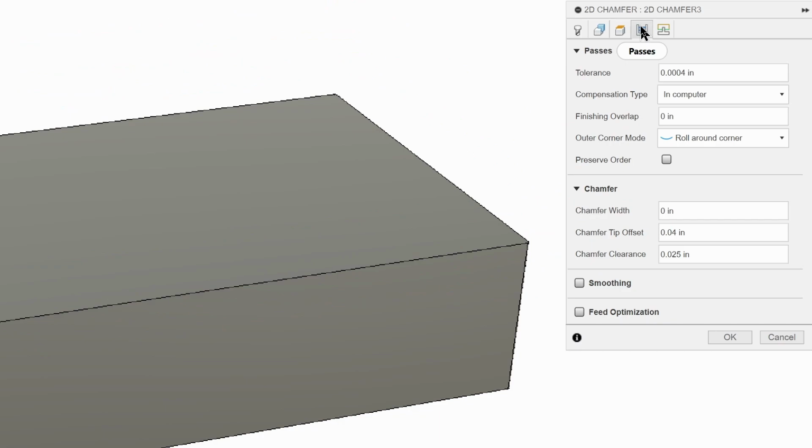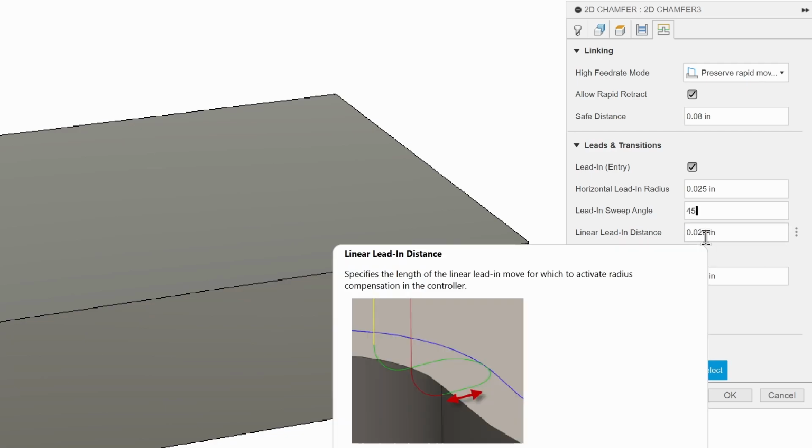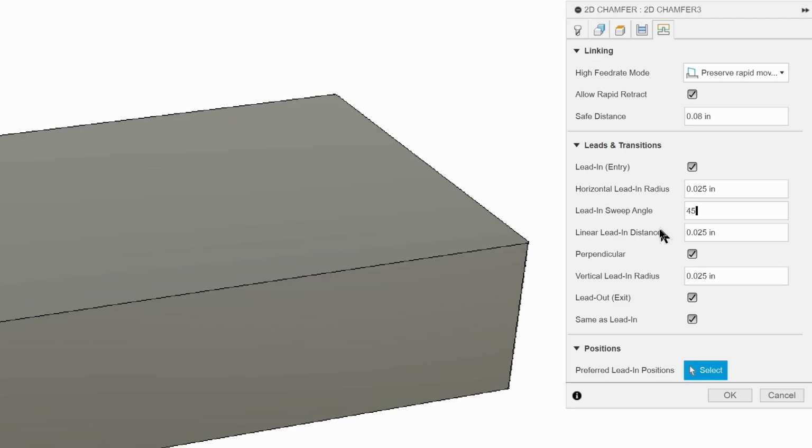Go to passes, and we want to make sure that we set this. So chamfer width, we want a 10,000 chamfer width. We're going to change our offset to 0.05 and our clearance to 0. In the linking tab, we are going to set the horizontal lead-in radius to 0.025, our lead-in angle to 45, and I think that is it. So we can hit OK,